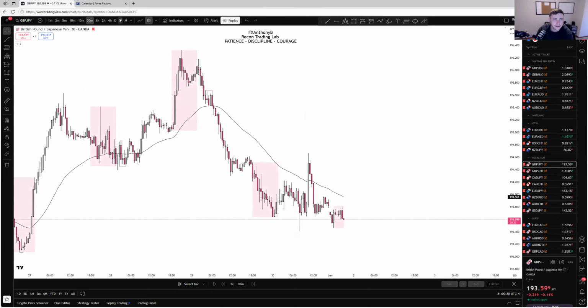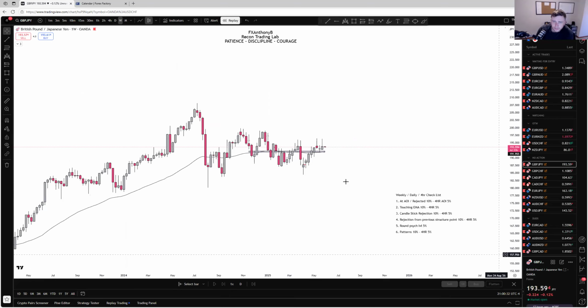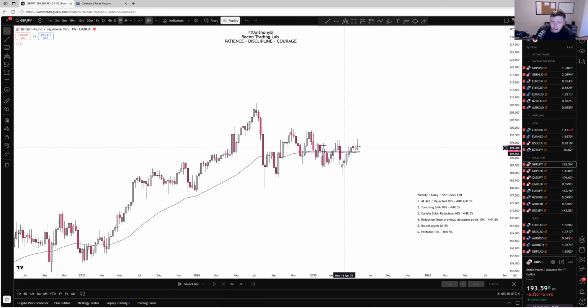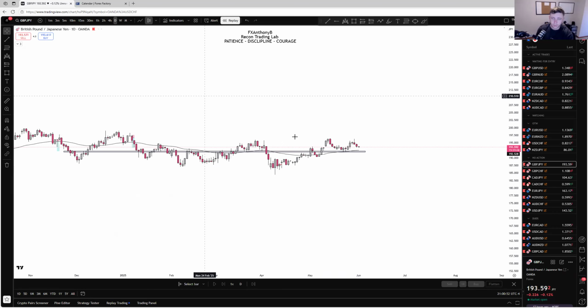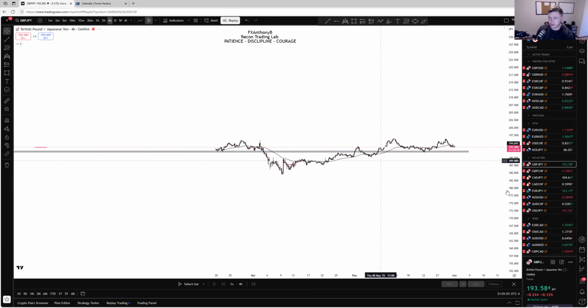Next one is GJ. Oh, I hate JPY pairs. Lower high, lower low, lower high, lower low, higher high, higher low, higher high, higher low, shift the structure, lower high, lower low, lower high, lower low, lower low, lower high, lower low, bearish. Weekly's bearish, daily's bullish, higher high, higher low. Or wait, yes, daily's bullish. 4 hour is